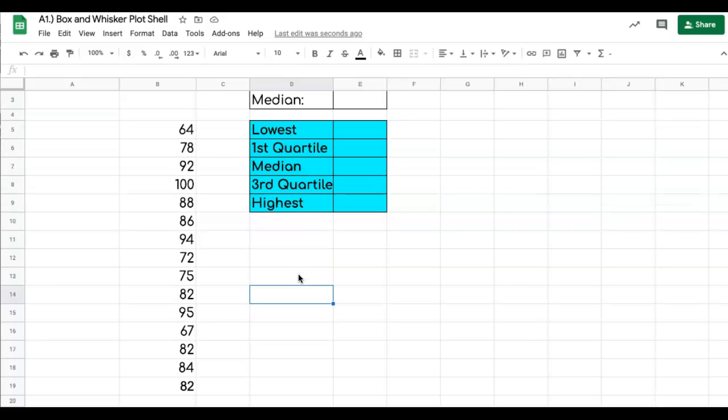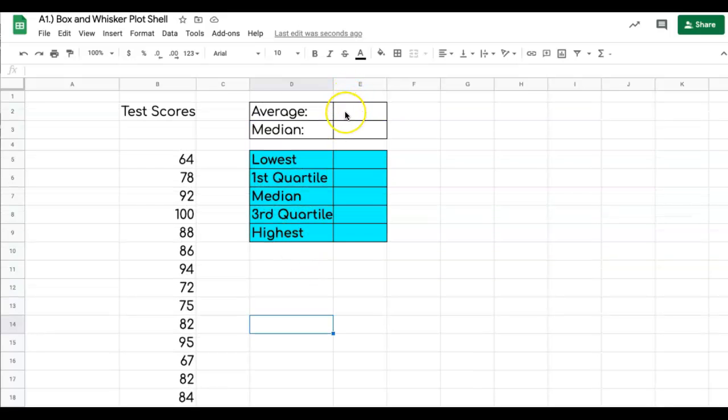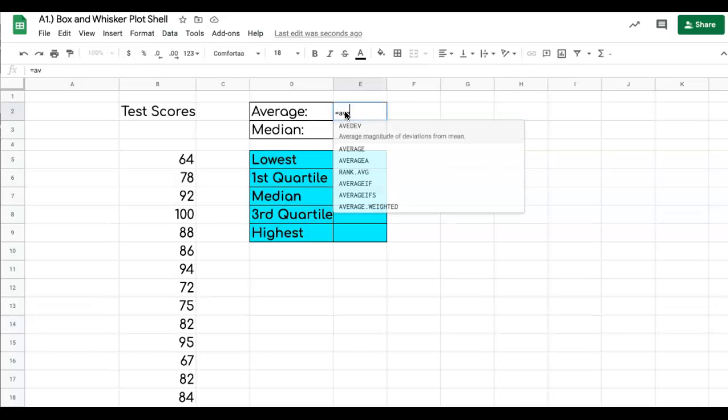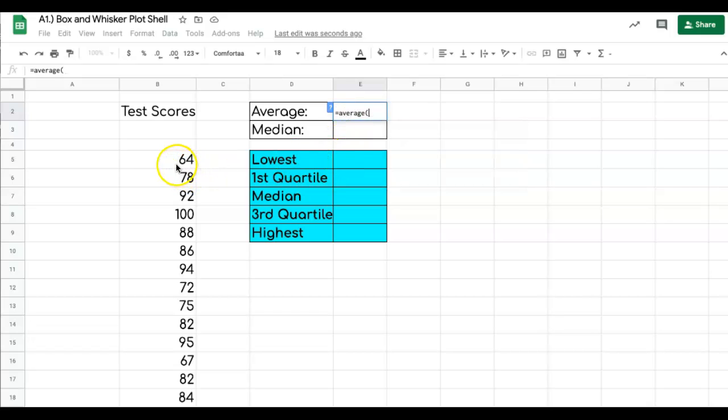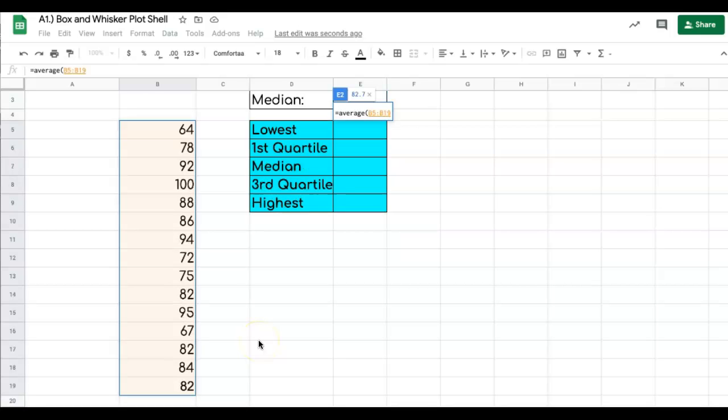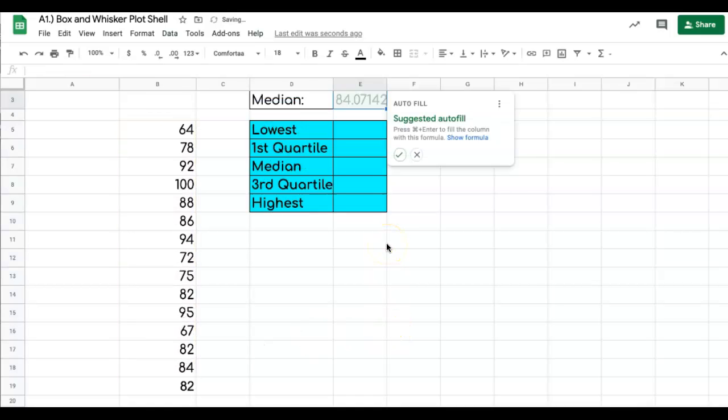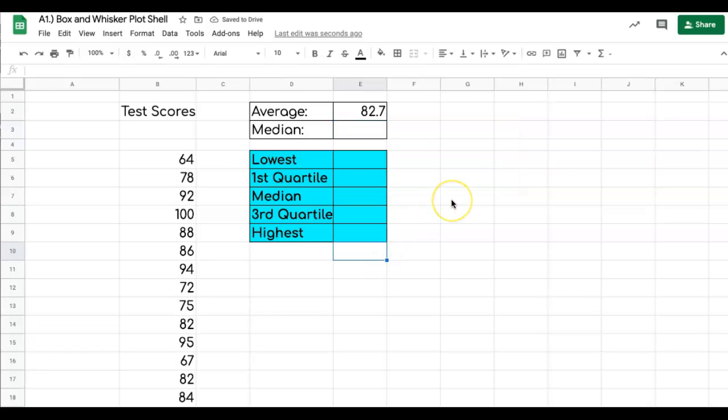So if that's the list of data, and we wanted to find the average, which is the mean, we can just type in equals average, and I just like to highlight the whole list all the way down to the bottom, which is really B5 colon B19. And the average comes out to be 82.7. And if you saw that new feature just pop up there, it tries to guess what you want. And I think it was what we wanted, but I want to type it in myself, so no thank you,